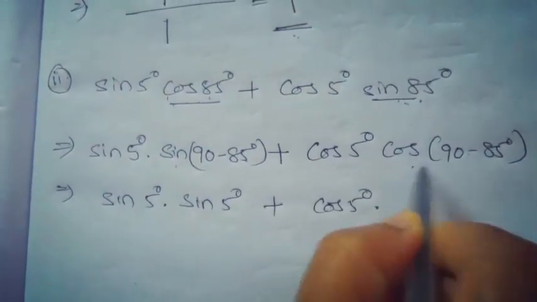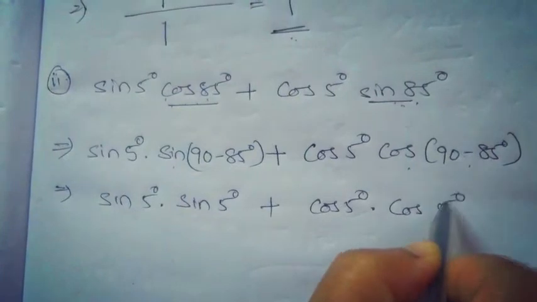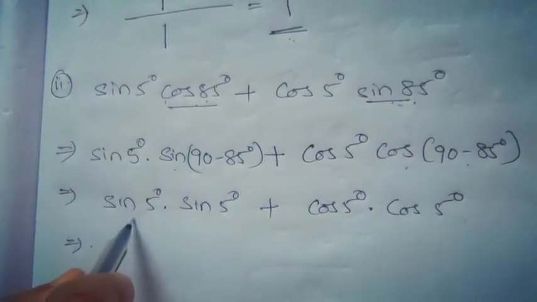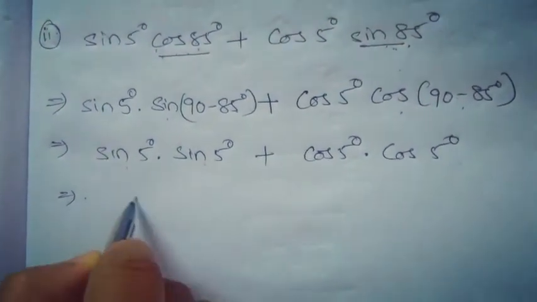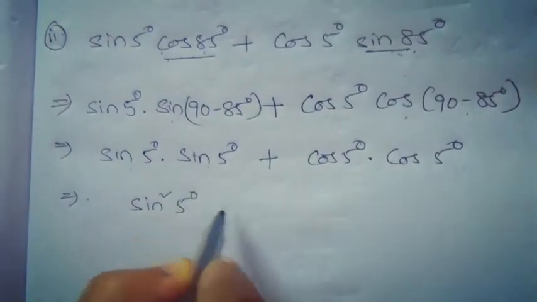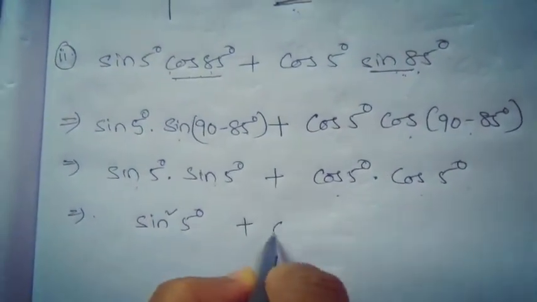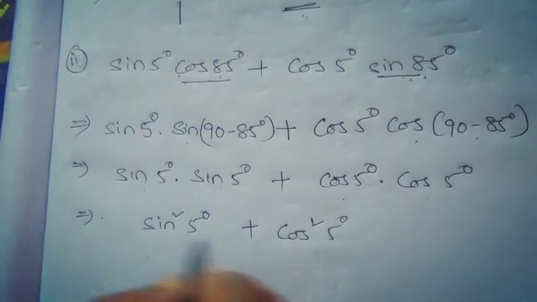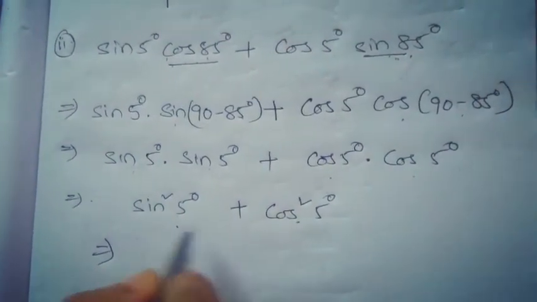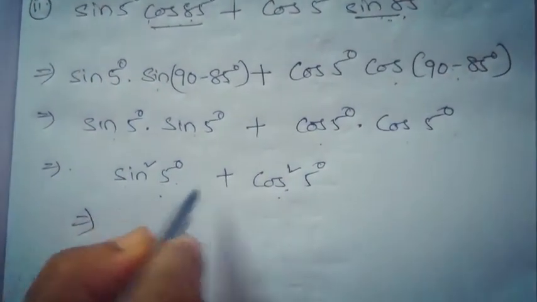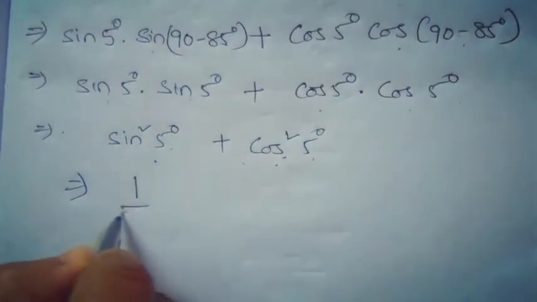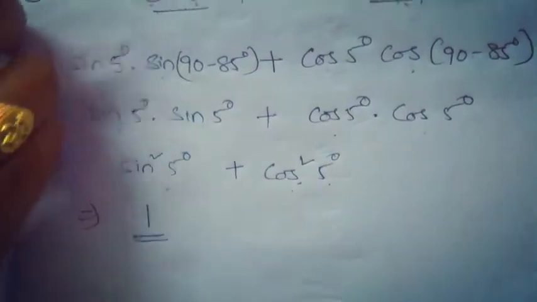cos 5 degrees. That implies sin square 5 degrees plus cos square 5 degrees. These two are theta. You just assume that sin square theta plus cos square theta is equal to 1. That's it. Okay. So the next sum, the third sum, that is secant 16